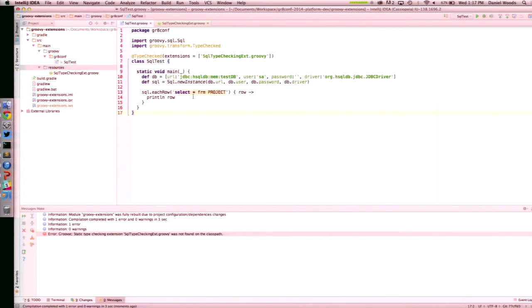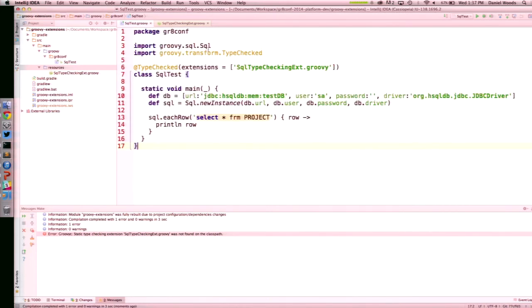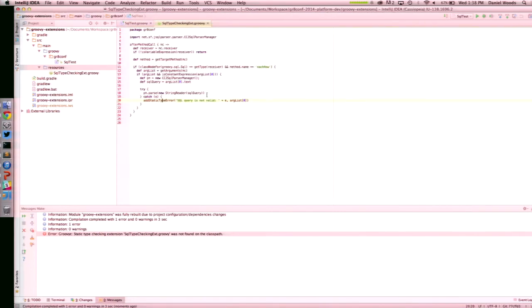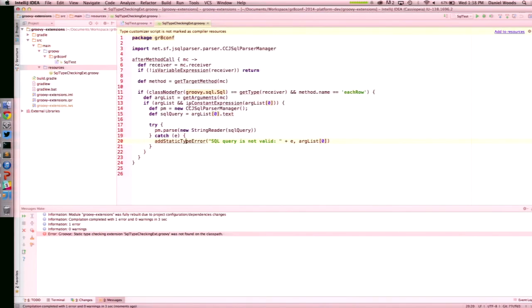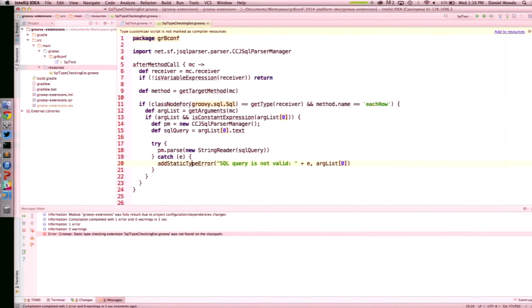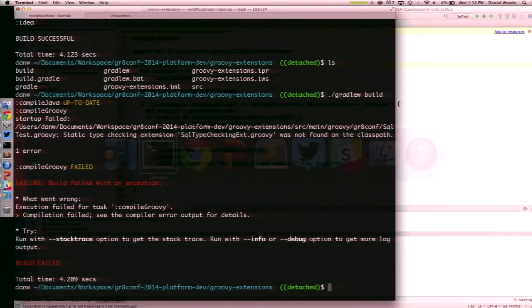So this is, I'm not exactly sure why this is failing on me now, but I guess you can take my word for it that this will throw a compilation error and will tell us that, hey, we actually meant to say from. We said FRM instead, and all of the rules around that are designed inside of this extension class, right? Provided you can set up your projects like a grown-up and get them right, it will actually work for you, right? And again, there's this very nice DSL that the type checking extension framework is able to make use of.